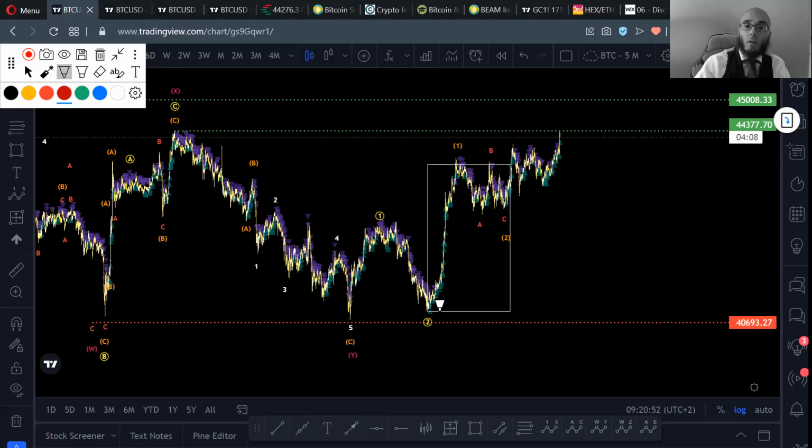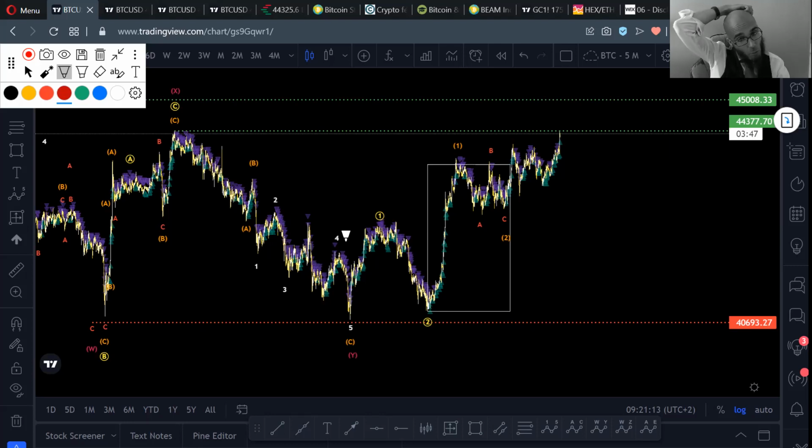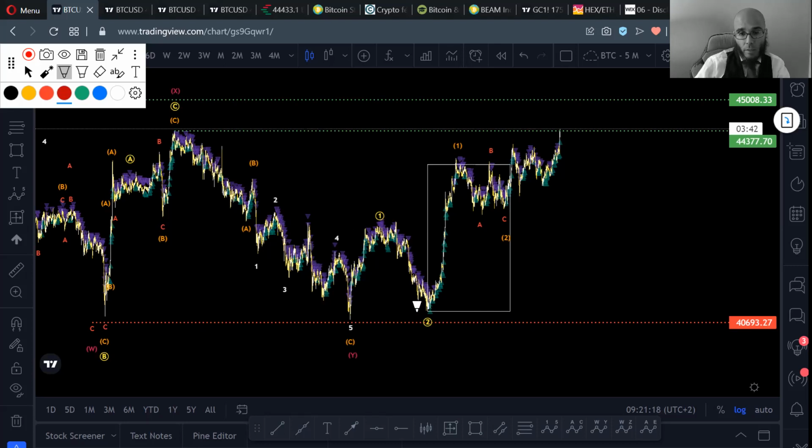Yesterday we were retesting, if I remember correctly, that level here, and I told you I'm not sure that this is a wave 1 and this is wave 2, and that we are in the process of accomplishing wave 3. I was hesitant about that, but I still kept my long position, and I told you as long as our stop loss is not taken out, we have to stick with our long position. I think we just broke the level. Yeah, we did break the level. So we are breaking the level, and that means that the triangle is no longer in play.